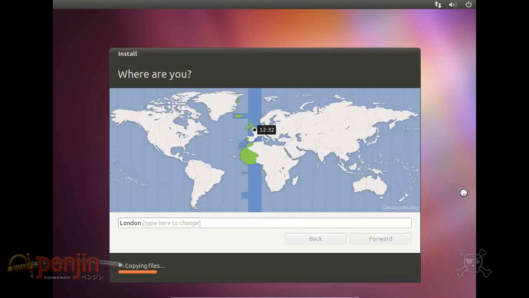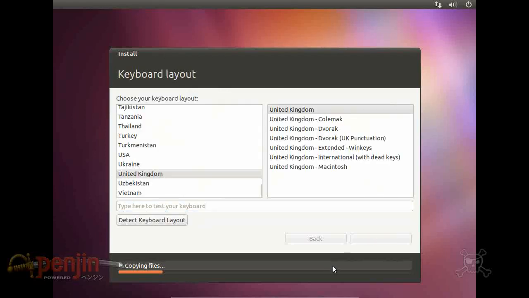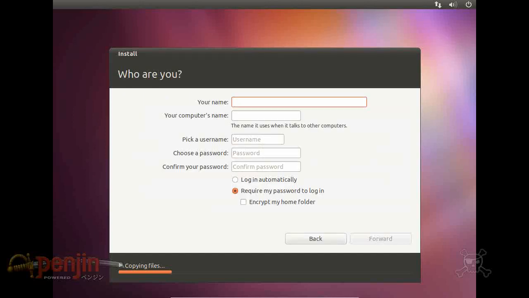And the cool thing about the latest versions of Ubuntu is it actually lets you configure some settings while it's copying files as well, so it saves you a bit of time. Yes, UK keyboard. Next. And any time saved installing is fine by me. So yeah,